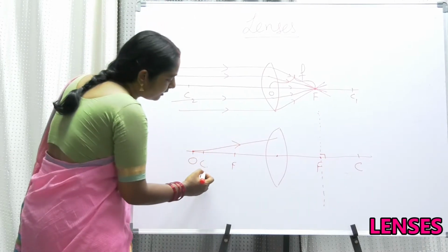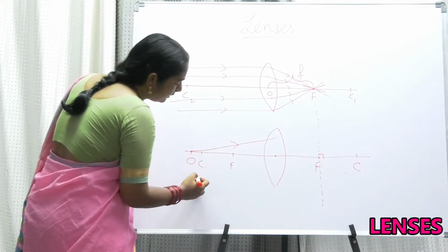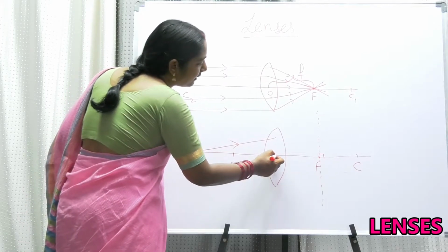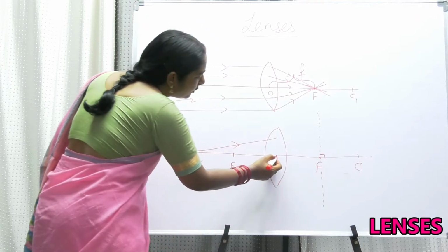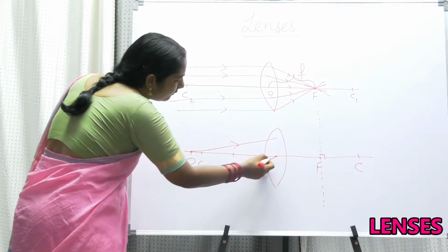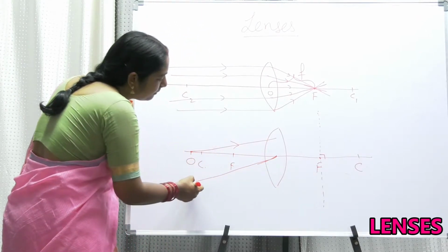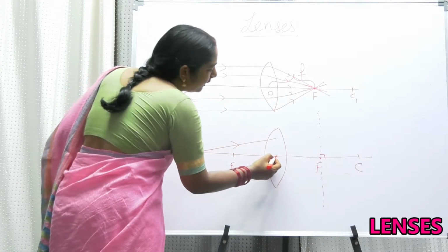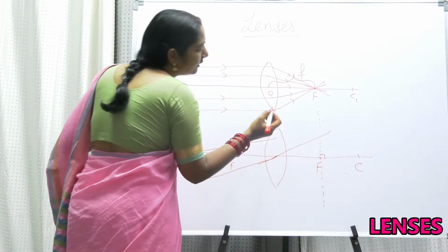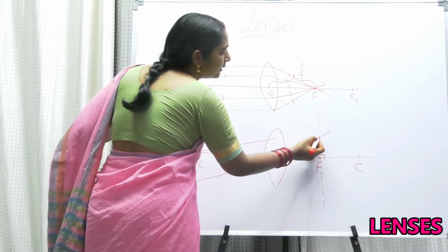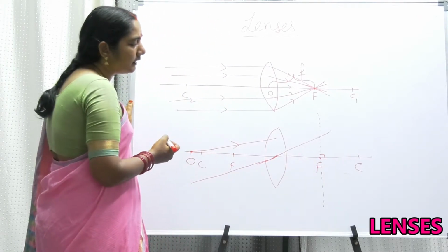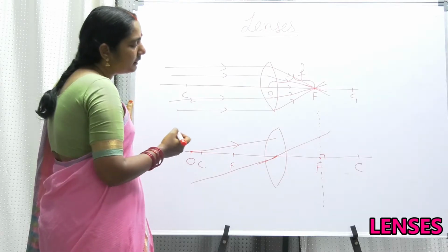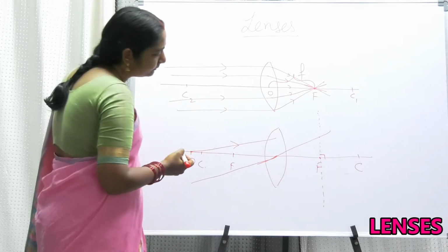Now my dear friends, now I am trying to draw a line, the ray which is directly passing through the optical center and parallel to this ray. I think now you understand. This is a ray which I am trying to draw parallel to this ray. And this ray is just cutting the principal axis at this particular point. That is the point of intersection. Please try to understand, my dear friends.